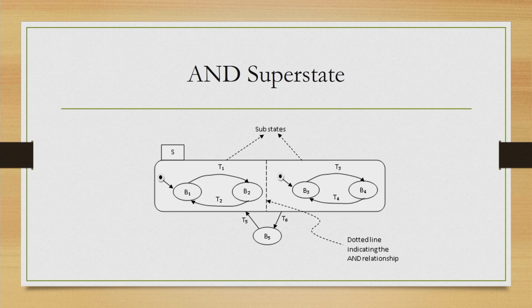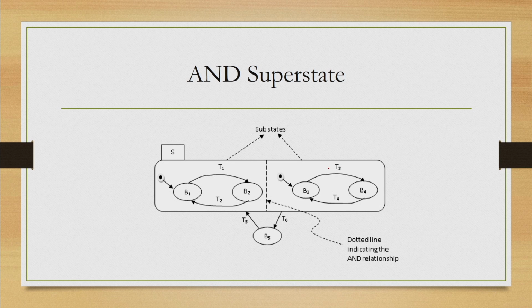The figure illustrates the idea. Now, S is a superstate, it has two substates T1 and T3. Each of these can have a subdialog model as shown here. Now, whenever S is entered, both T1 and T3 are active simultaneously.